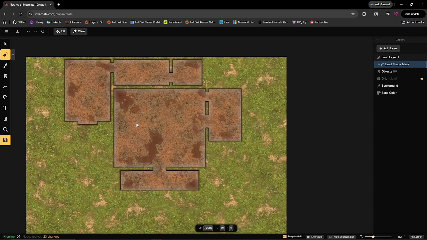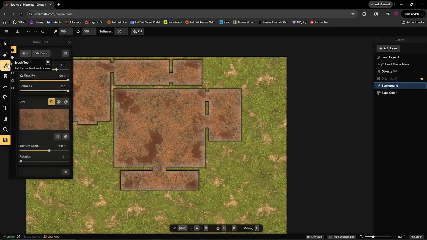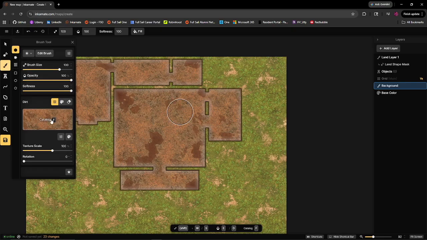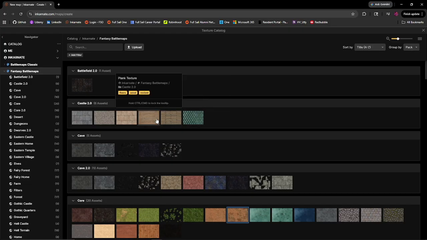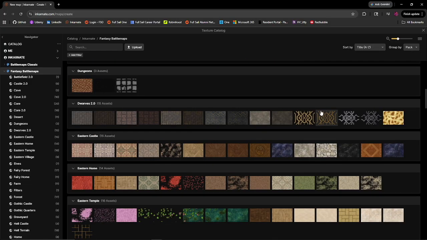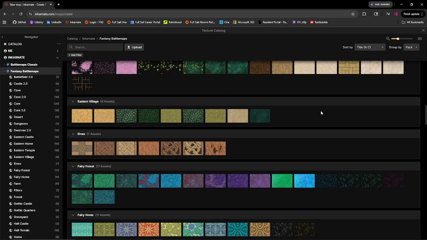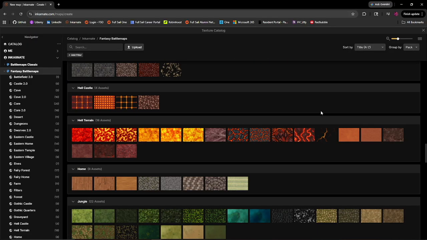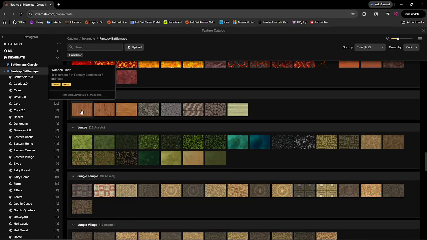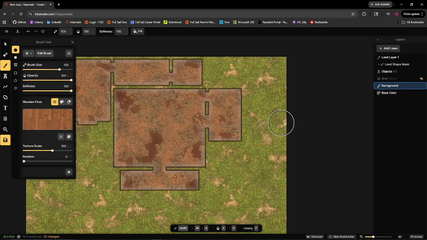So let's go to our left-hand toolbar and select this paintbrush. This is our brush tool. Open up our texture catalog by hitting the F key or by selecting the texture right here. I'm going to throw down some sort of wood plank type texture for the majority of the inside of the tavern. This is a good one here, but as we throw it down, we can see it's